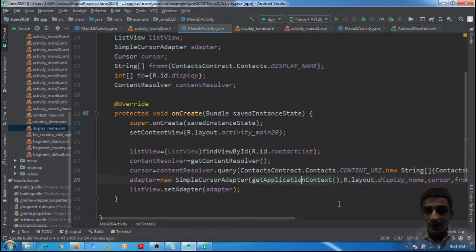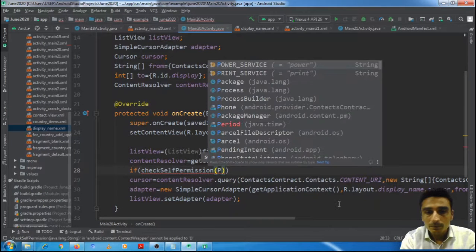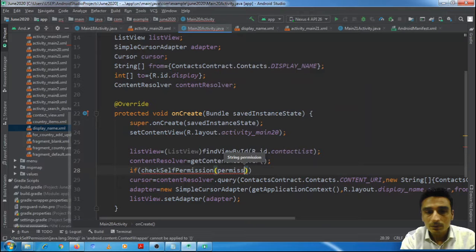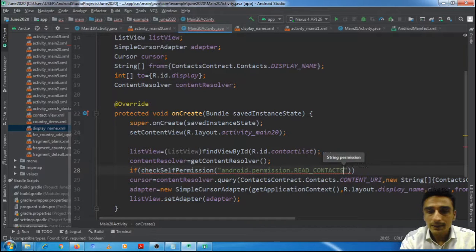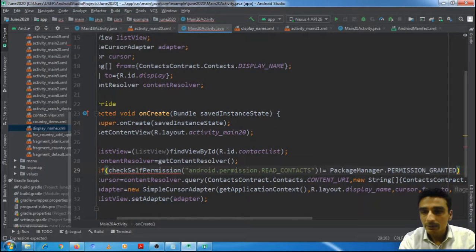So here we should check, before querying, check self permission, Android dot permission dot read contacts is not equal to PackageManager dot PERMISSION_GRANTED.